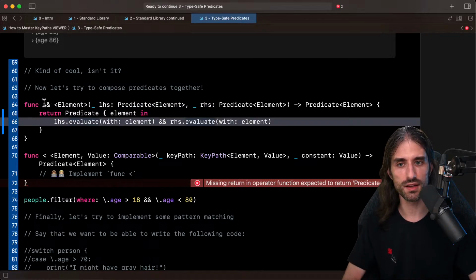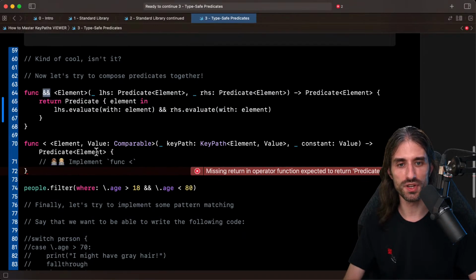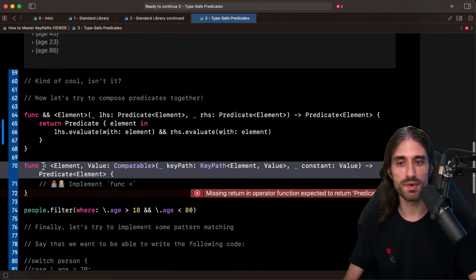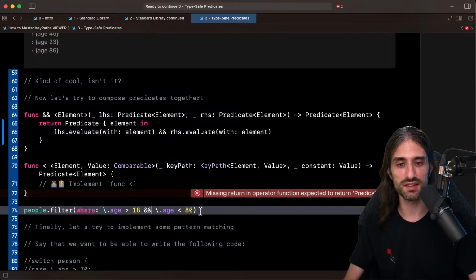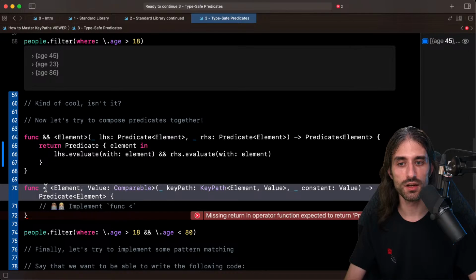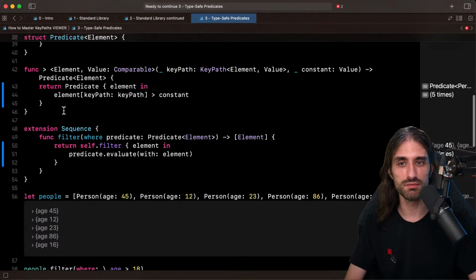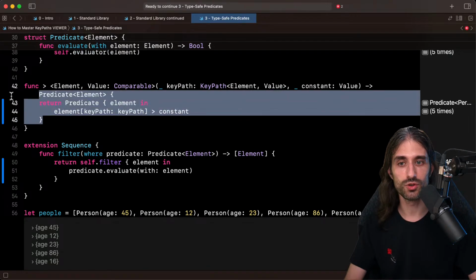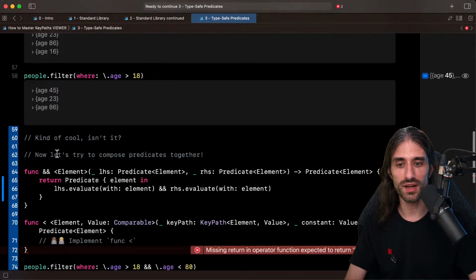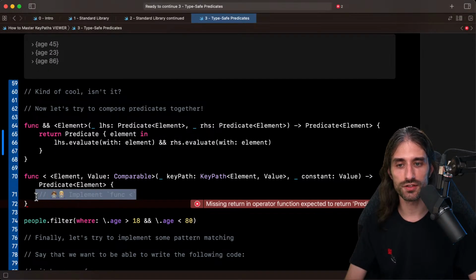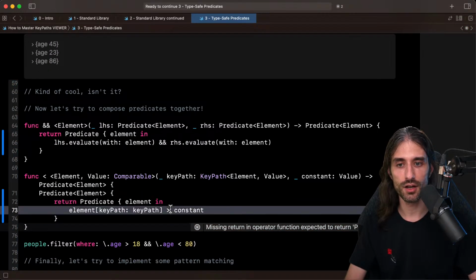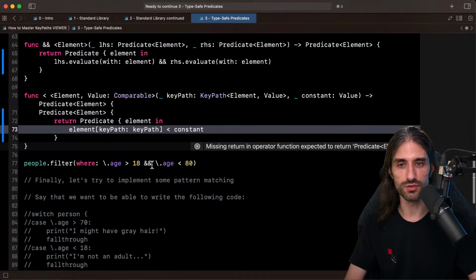So we've implemented the AND operator between two predicates. Then we need to also implement another comparison operator so that this syntax right here can become possible. This time, implementing the strictly less than operator is going to be very easy. Actually, I can just take the code of the strictly greater than operator, paste it, and under the hood, replace which comparison operator is being used.